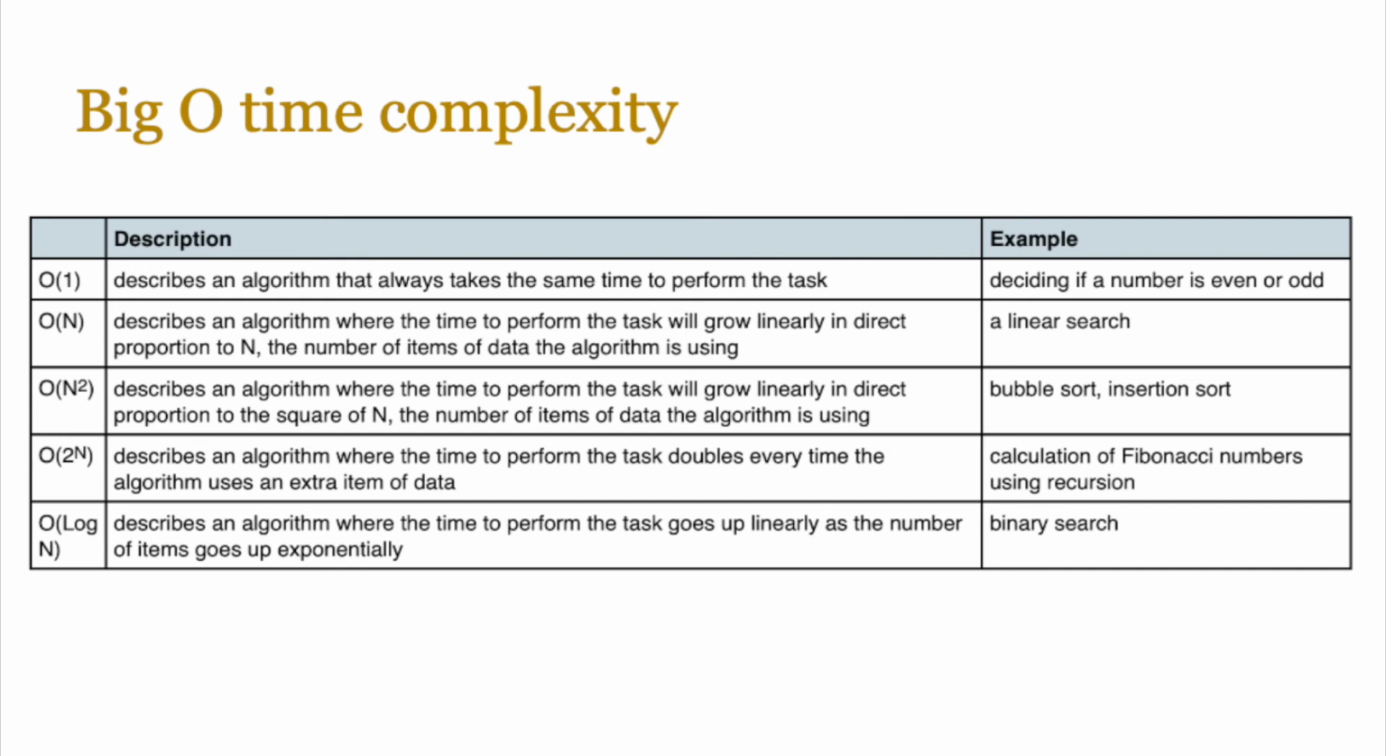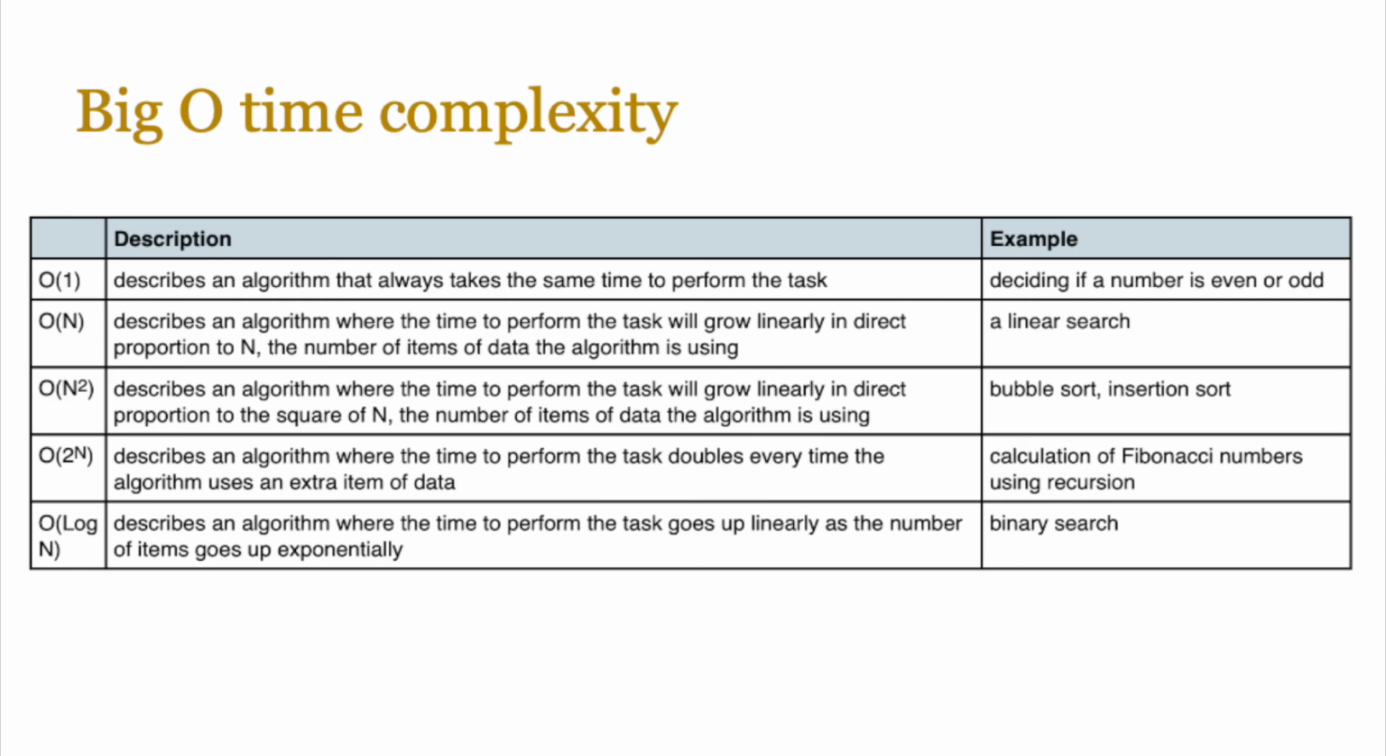Big O of 2 to the power of n describes an algorithm where the time to perform the task doubles every time the algorithm uses an extra item of data, and calculation of Fibonacci numbers, for example, using recursion, would probably fall into this bracket. So that's like a really worse type of algorithm where you add an extra item and